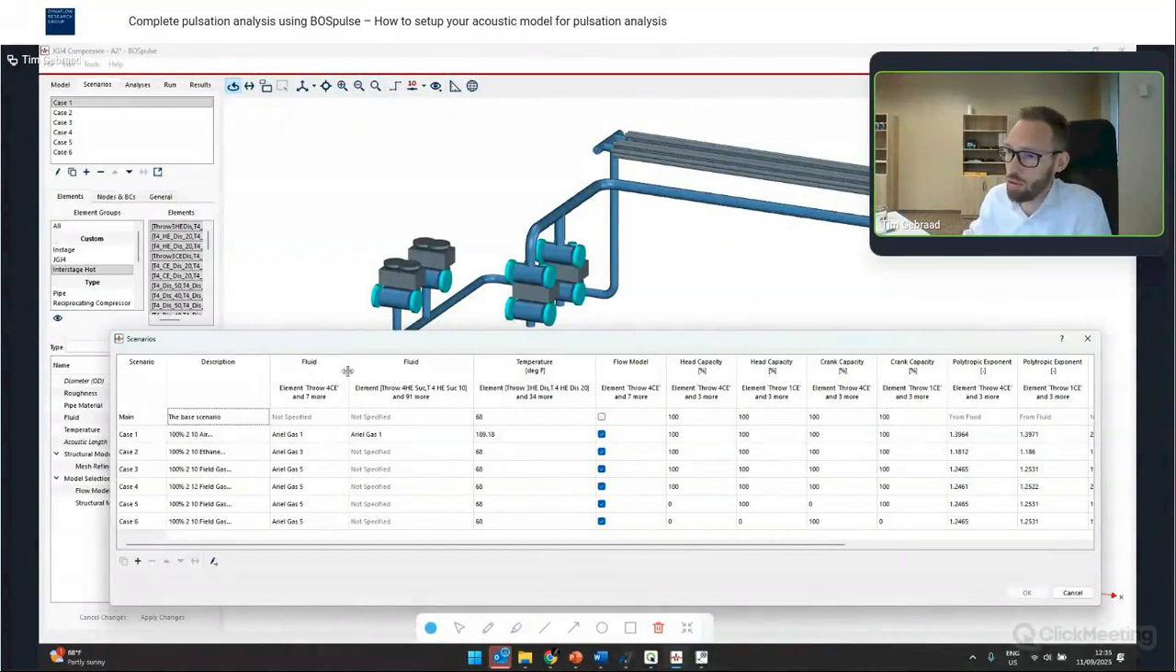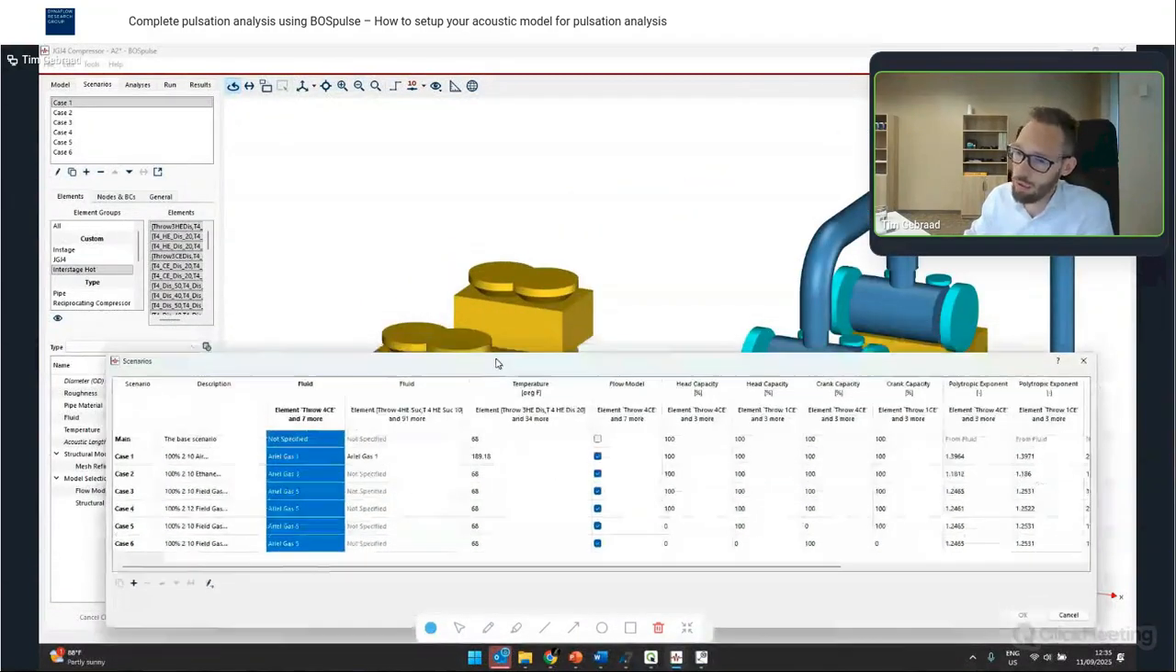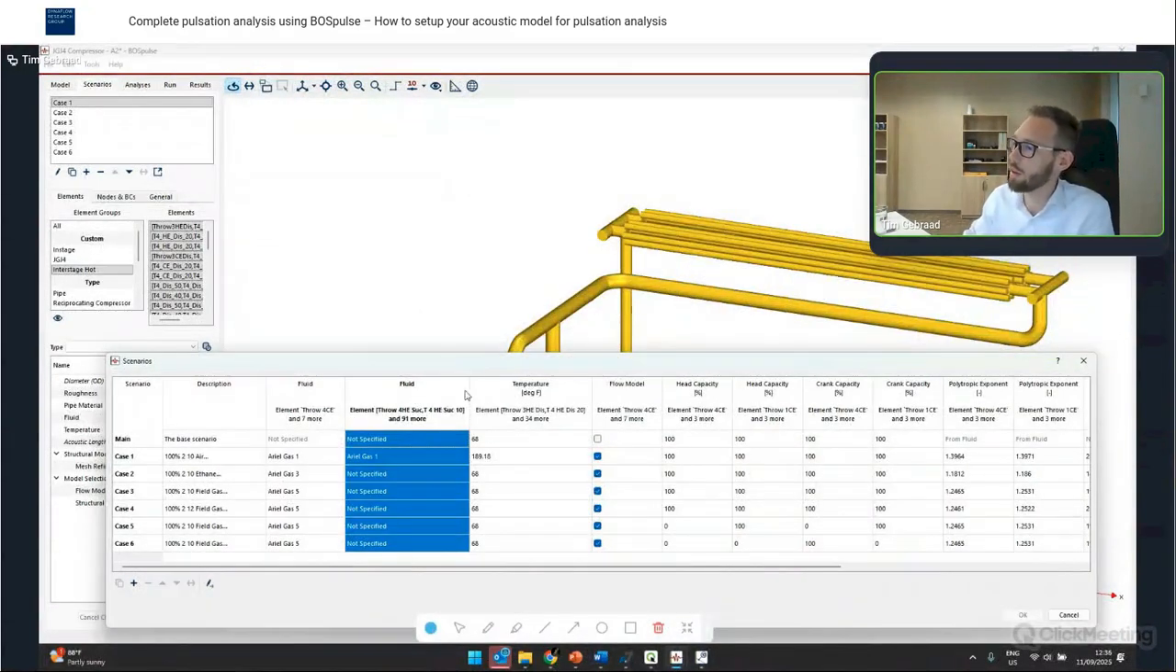And in the columns, we show parameters that are varied across these operating cases. So if I click on one of these columns, I can also see in a model viewer which elements are associated with this column. So if I click this one, I'll see this is associated with all the cylinders. And if I click this one, I can see that this is actually associated with all the interstage piping,